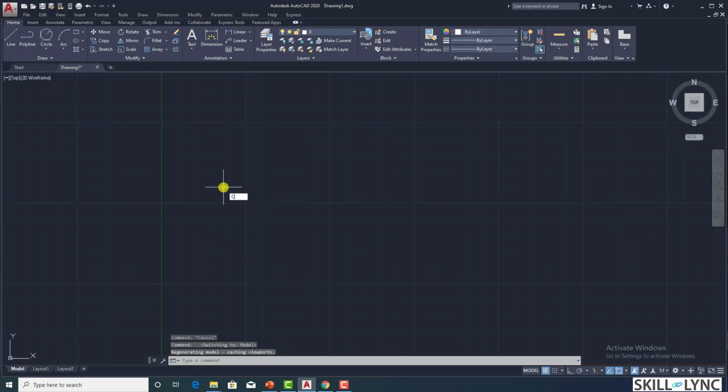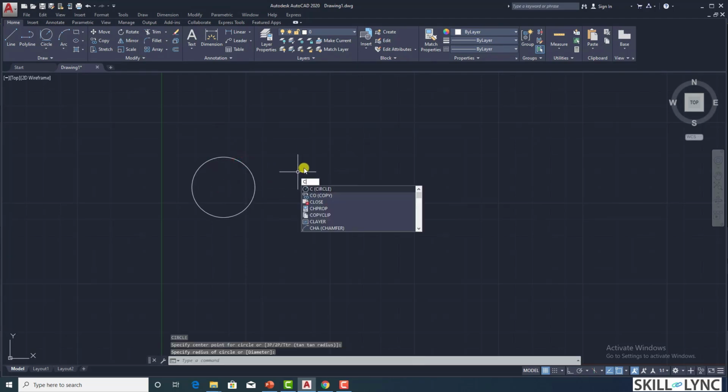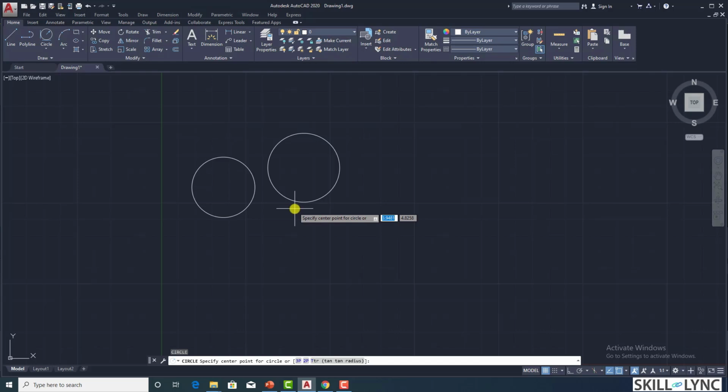So what we have done was, we had created a circle and created one more, and then created the third circle with tangent radius. So selecting first, second, and then the radius of it. Now we've got it. So with this command prompt and entering through keyboard, it reduces your model creation time. The rapidness of creation is magnified a lot.